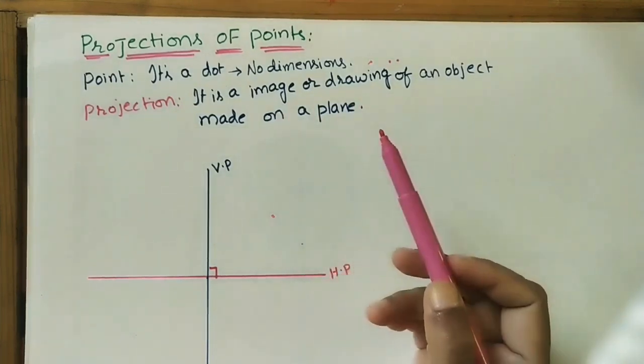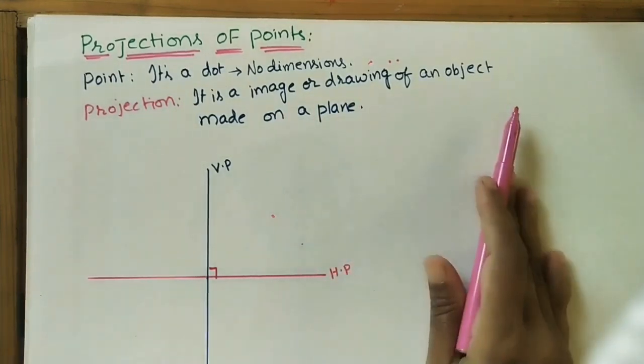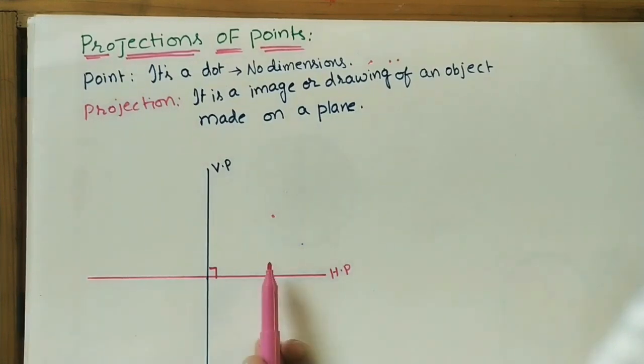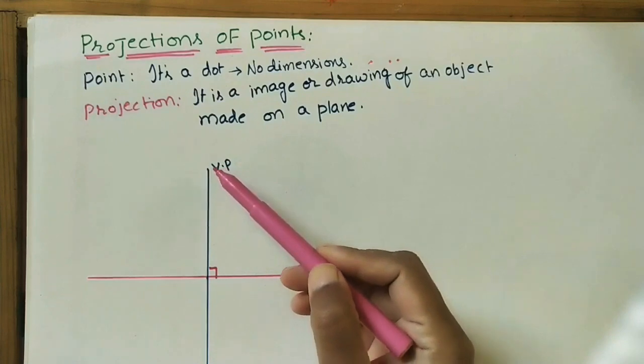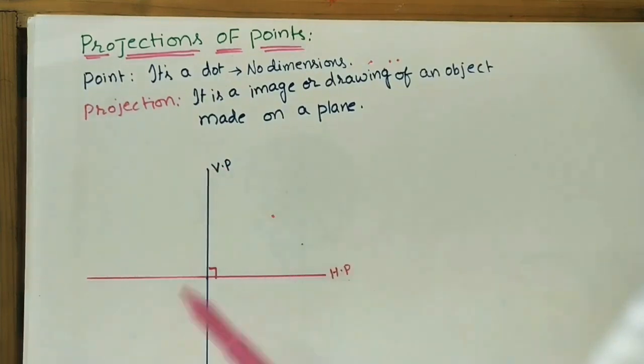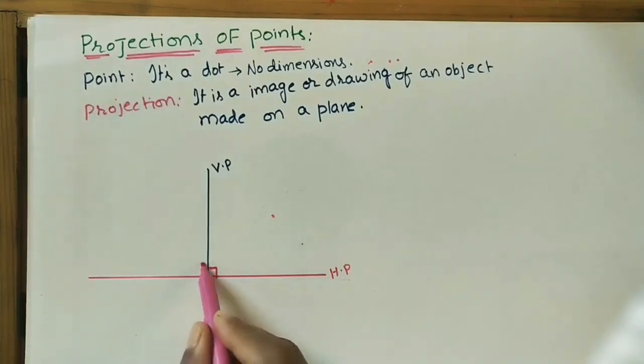As I told, we are doing the images or drawings on a plane. Which plane are we taking? A plane surface we can take. Here, in engineering drawing, we are taking the horizontal plane, HP in shortcut form, and the vertical plane, VP. As we know, the angle between the vertical plane and horizontal plane is 90 degrees. This side also 90